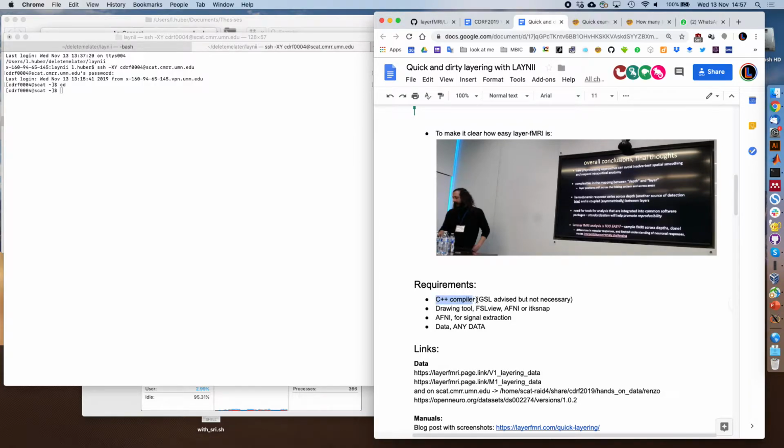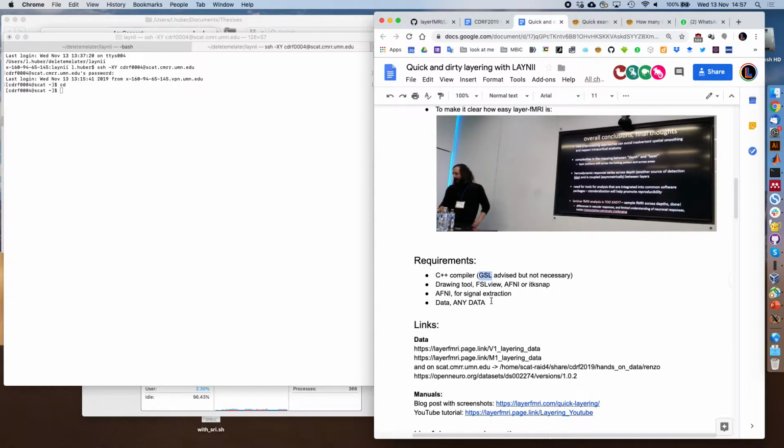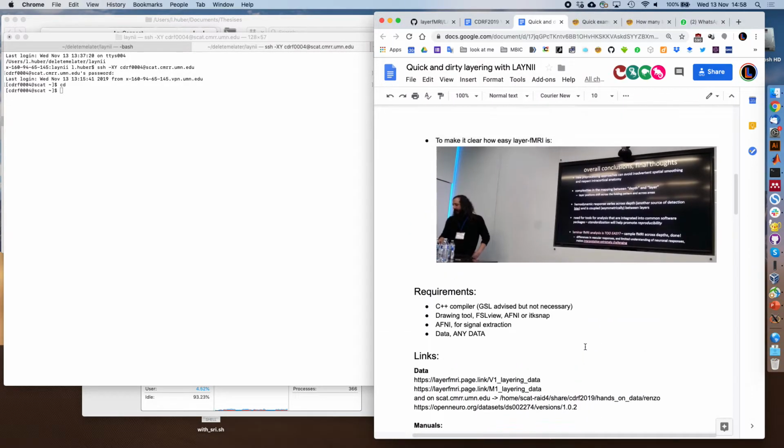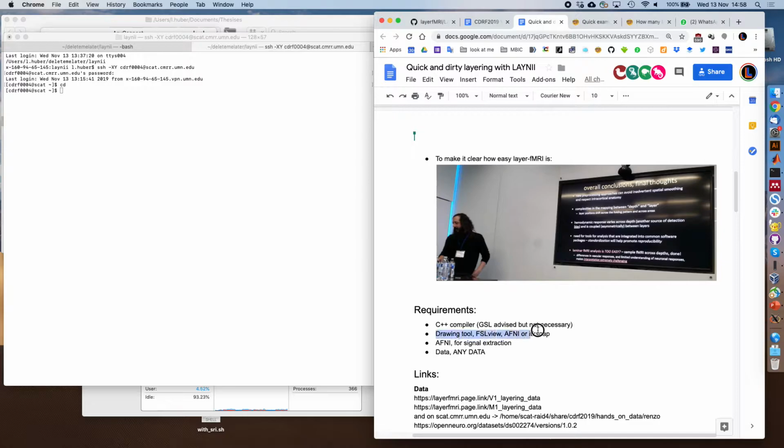LAYNII. Therefore, we need a C++ compiler. It's advised to have the GNU Scientific libraries too, which turn out to be a problem right now if they're on a different location. I figured that if you don't have it, we can still use it. The programs that we want to have without GNU Scientific libraries, but I will talk about that later. Also, we will need some tools to view images, so we will need FSLView or AFNI or ITK-snap or whatever tool you choose. I will use some basic AFNI commands also to extract the signals, and we need any data,